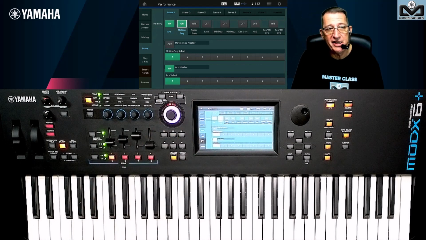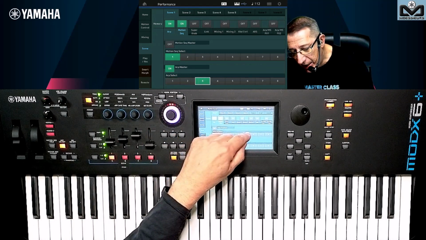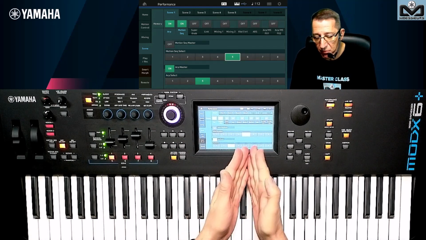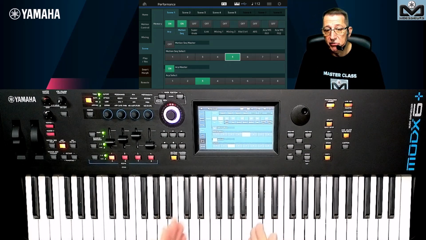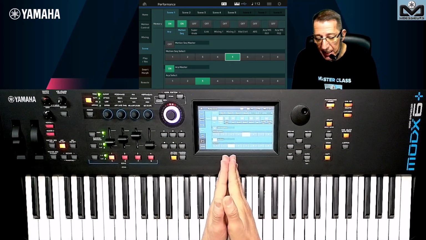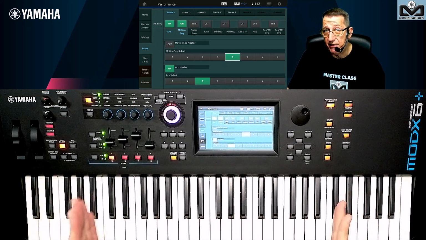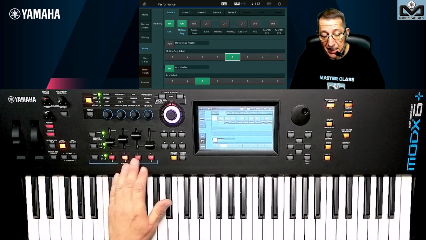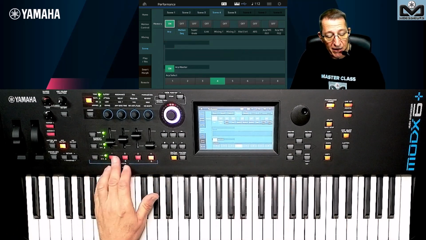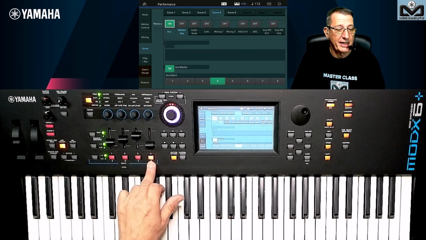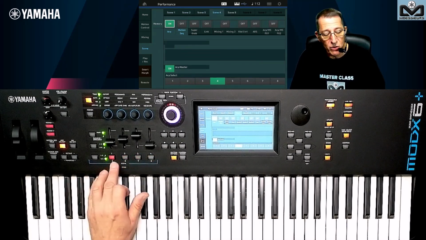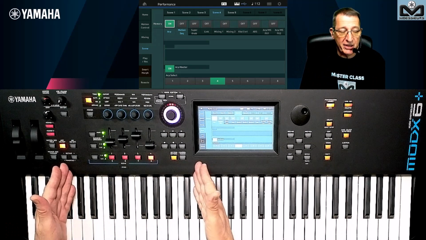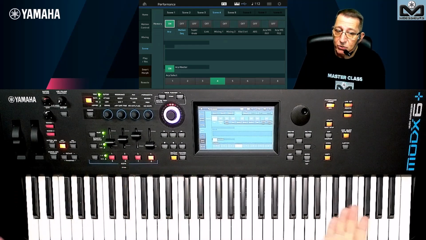You can also use motion sequence, and here you can select by scene the arpeggio variation number or motion sequence number that you want to use. But remember that if you set 3, it will be the same for all the parts you have inside your performance. To navigate on scene memory, you just have, and you see it's Scene. For Modex and Modex Plus, you have 4 direct accesses. If you want to go to 5 to 8, you just need to press here and come back here. On Montage, of course, you have the advantage of having the 8, and the color is blue.